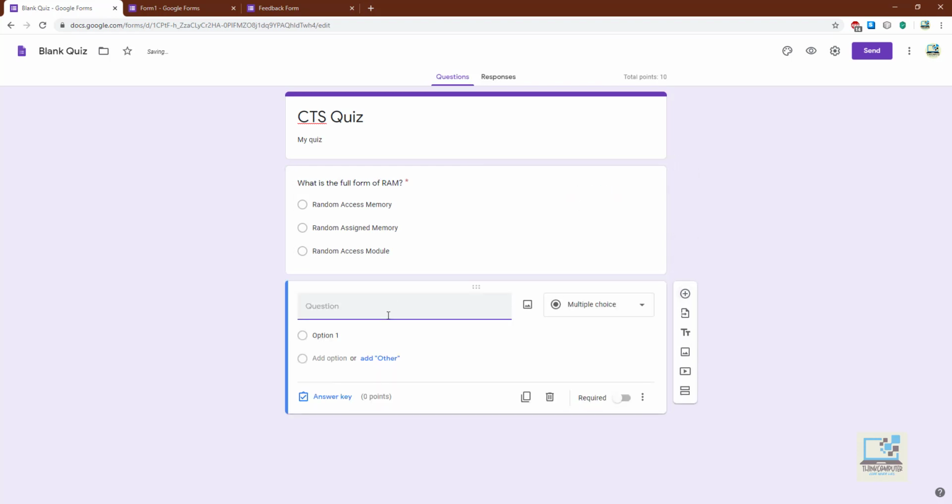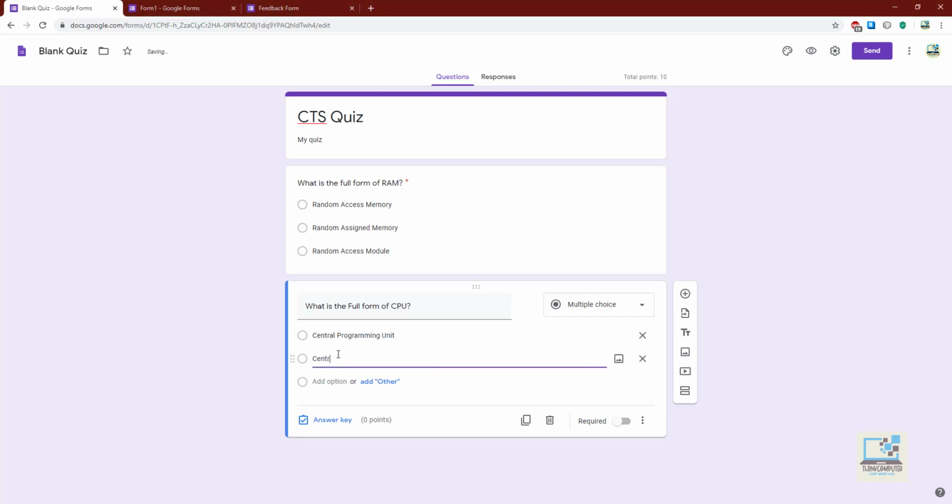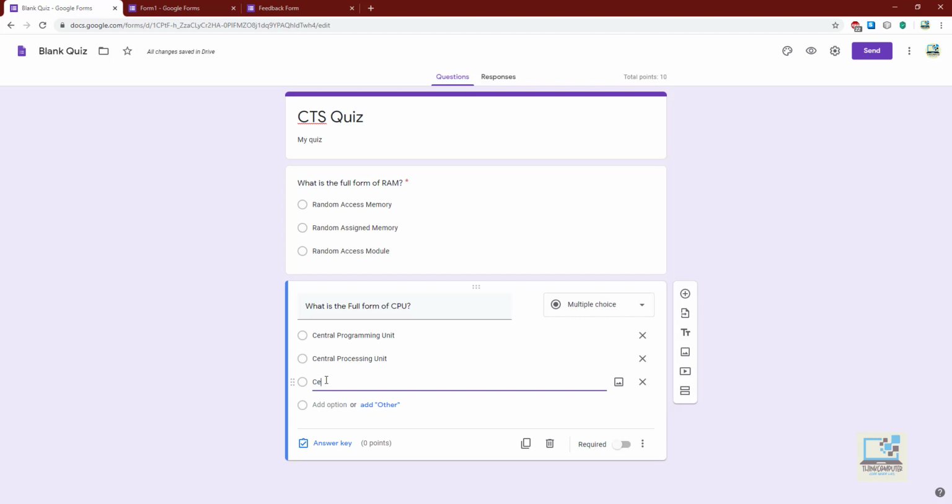One more question I'm adding. What is the full form of CPU? So option number 1, Central Programming Unit. Option number 2, Central Processing Unit. Option number 3, Center Programmable Unit.